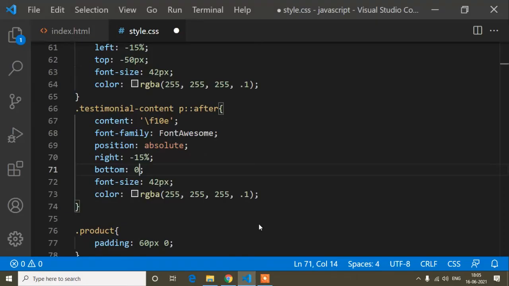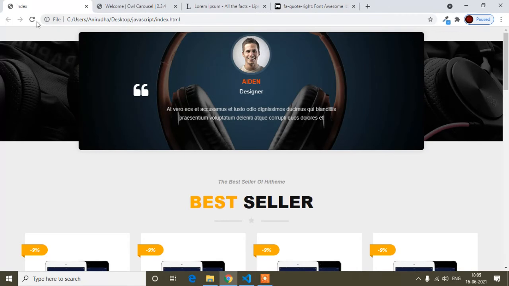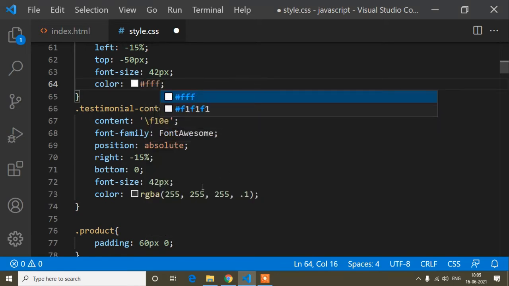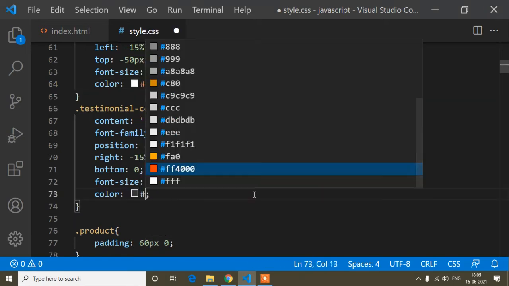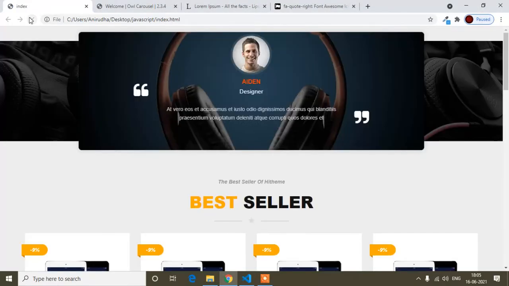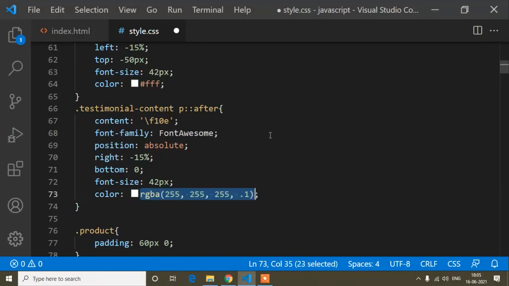So I forgot to save, so I will save this one, and now I will refresh. So you can see it's added this icon, and the icon is just a little bit visible, so that's why it's looking better. If you think that if I write white color it will look better, you can do that also. Okay, so if I write white color, just choose which one is looking better. If I refresh this one, whichever you think is looking better, you can do that. But here I have added the gray color.